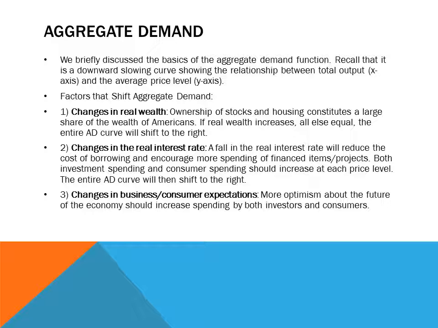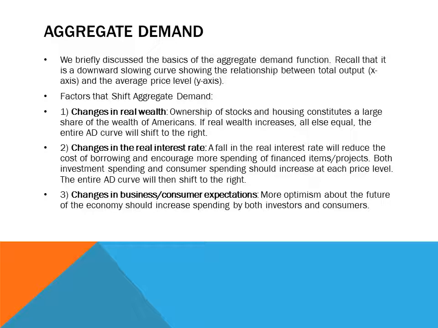In our last lecture, we briefly discussed the basics of the aggregate demand function. Recall that it is a downward sloping curve showing the relationship between total output, which is represented on the x-axis, and the average price level, which is represented by the y-axis. We discussed some factors that helped to move us along the aggregate demand curve. However, now we want to take a look at some factors that shift the entire demand curve to the left